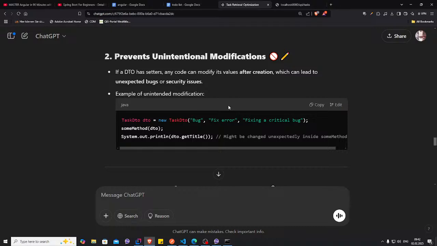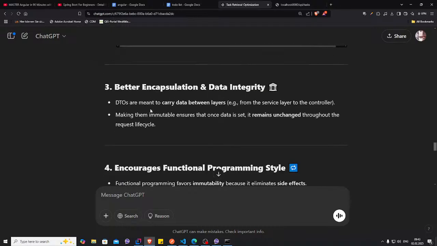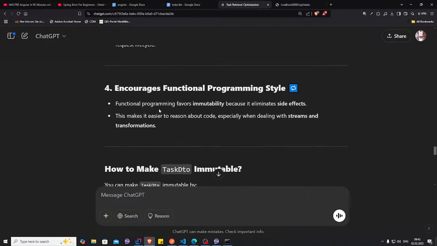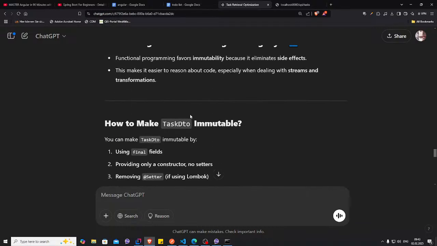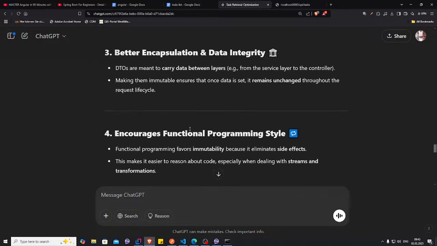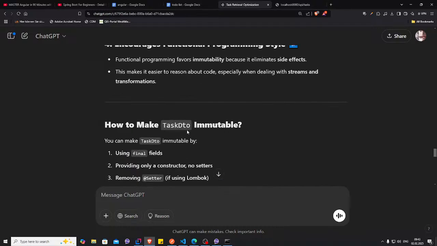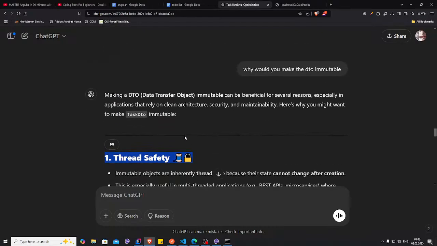Well, I mean that technically that DTO does it. If DTO has a setter, any code can modify the values after creation, which can lead to unexpected bugs or security issues. I'm not sure how that would work, but okay. Better encapsulation and data integrity, sure. Encourages functional programming style. Okay, I have still more questions